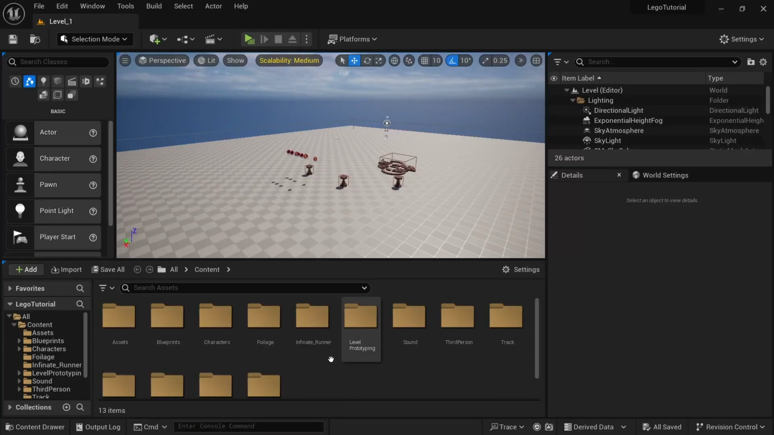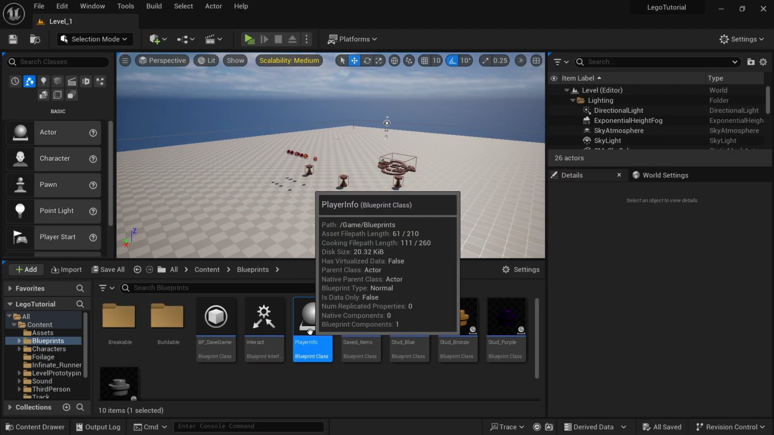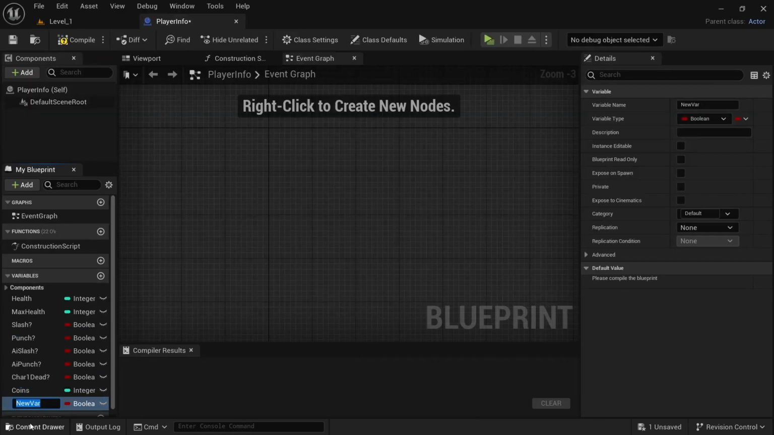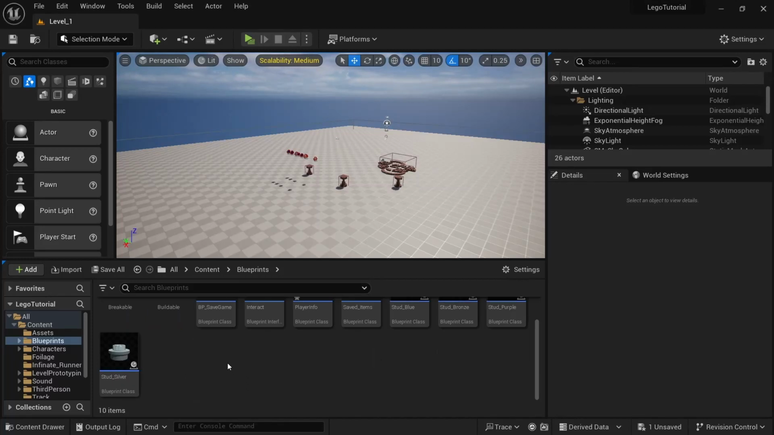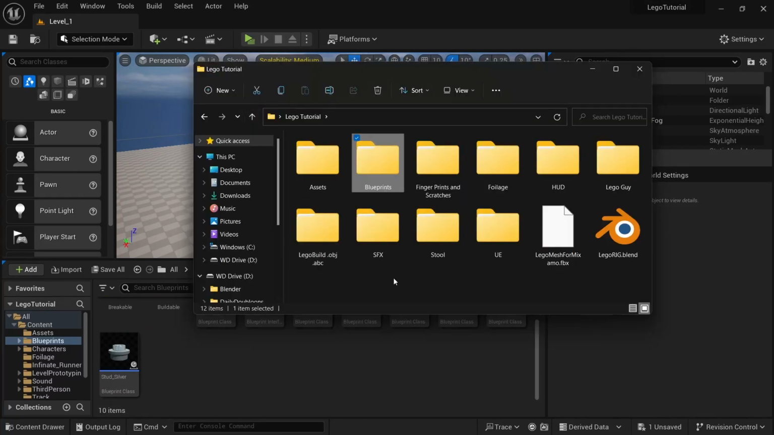So the first thing we want to do is go to Blueprints, Player Info, and then I want to add a variable and call it arrows, and then make that an integer. Close that out. Next, you want to download the Lego tutorial folder, and once you open that up, you want